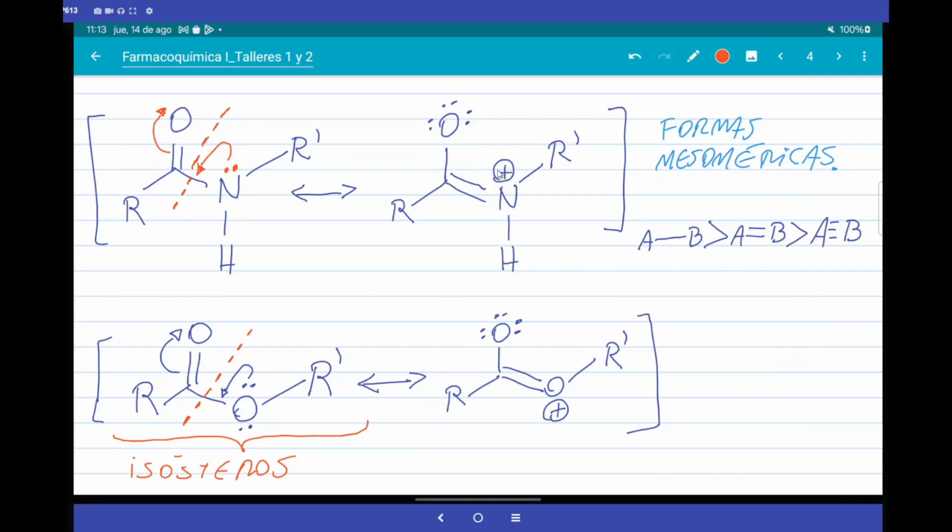Well, the difference is, as Anthony was saying here, there is a difference in the charge. Of course, what supports a positive charge better is the less electronegative atom. The electronegativity of nitrogen is 3. The electronegativity of oxygen is 3.5. Then, as a general rule, the less electronegative atom, in this case the nitrogen, supports a positive charge better. And that is why this resonance is stronger, because obviously something more electronegative wants to hold the negative charge and not the positive. So that would be an explanation.